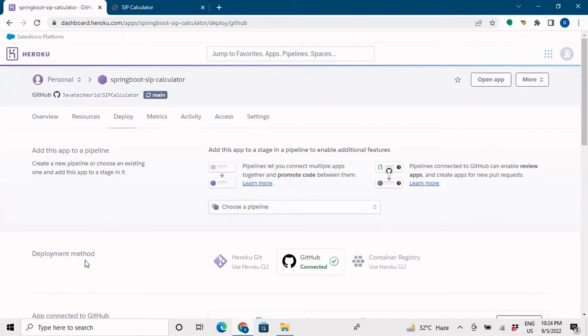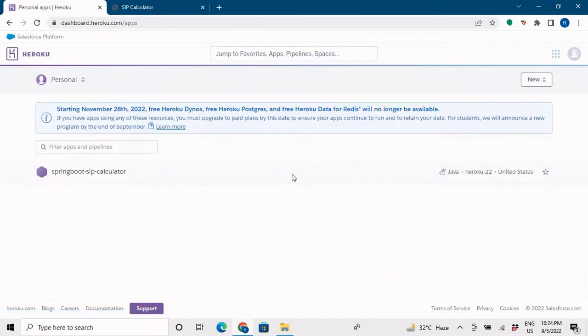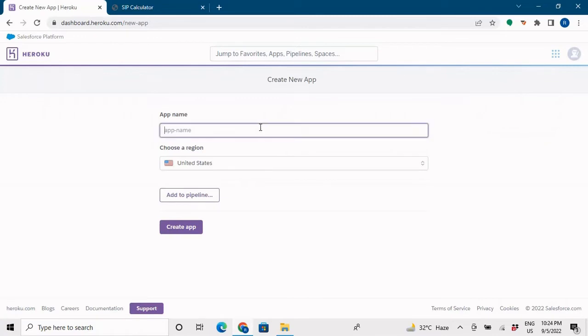So I'll not close this application. I'll go to my dashboard by clicking on Heroku, and I'll say new application. I'll create a new application. Create new app. So I'll give a name as Spring Boot